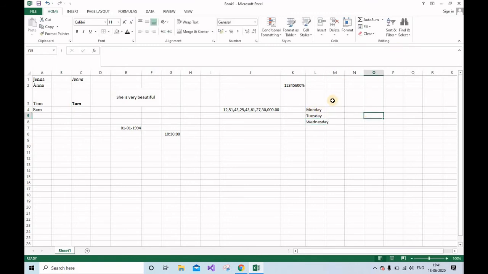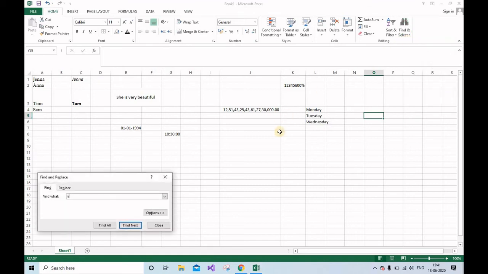Okay, if I want to find where the Y's are available in the sheet, what I'll do is I'll select find and I'll write Y. Wherever the Y is available in the particular sheet, it will show you. You just need to do find next. See, the cursor is here on Wednesday, again on 'she is very beautiful'. So Y is there in 'very' also, that's why the cursor is in that cell. Likewise, you can see wherever the Y is.